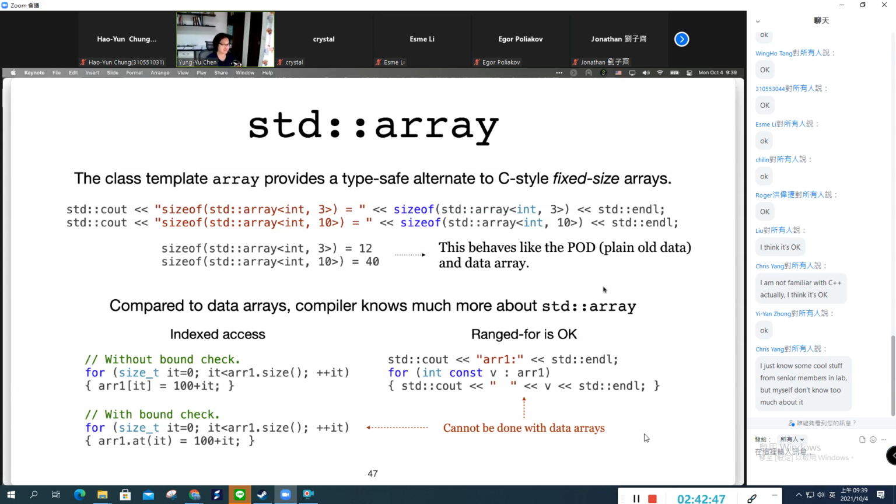And the compiler knows a lot more in the standard array than in the standard vector. Like in the standard vector, the compiler does not know how many elements the vector will have, right? But because the number of elements is already included in the type information of this class template, compilers can actually do the range check at any time. Okay, so the index access